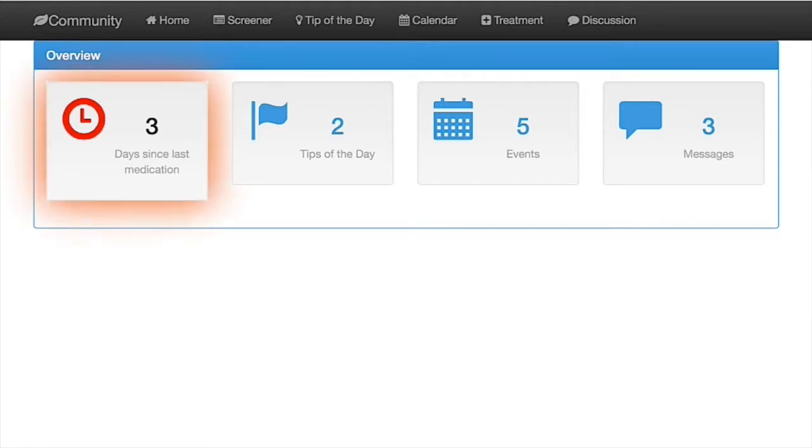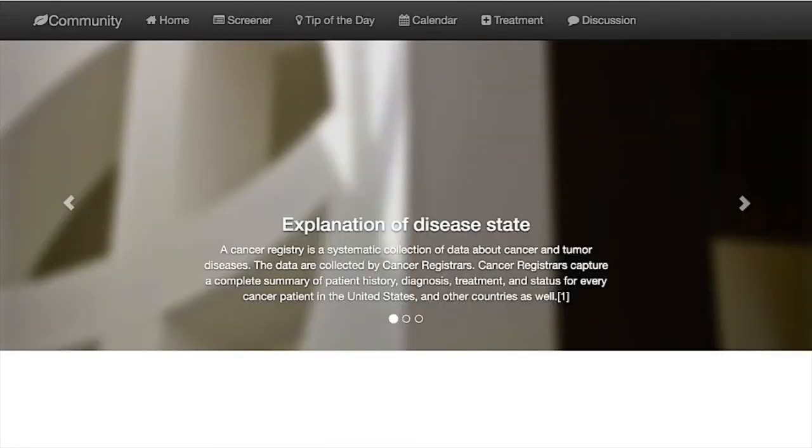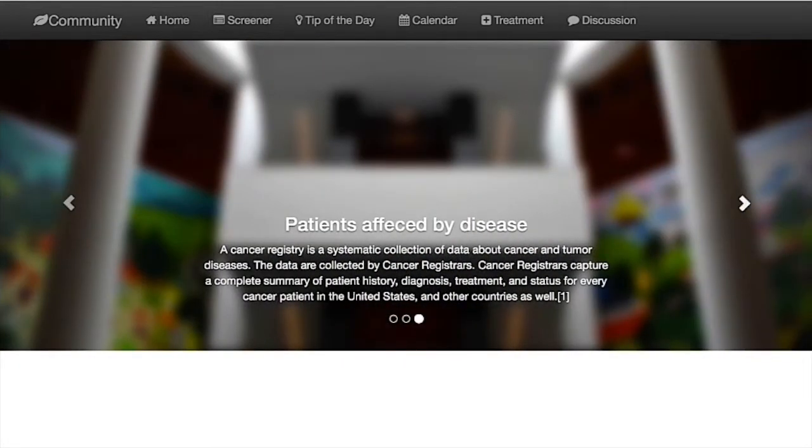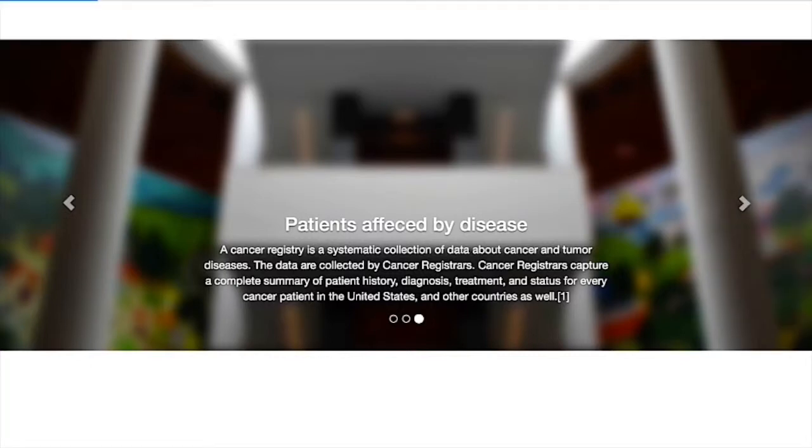The paradigm followed by the application is a landing screen. There's a bunch of icons, and this application follows a responsive design based on Twitter's Bootstrap. So you can from the home page and click directly on the icons into areas such as news of the day. The purpose of news of the day really is to get the patients engaged and coming back into the